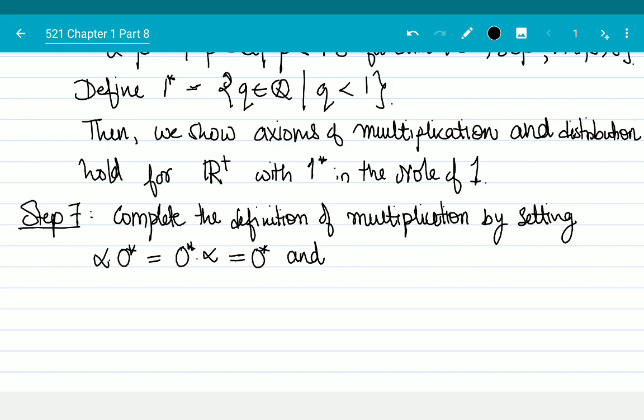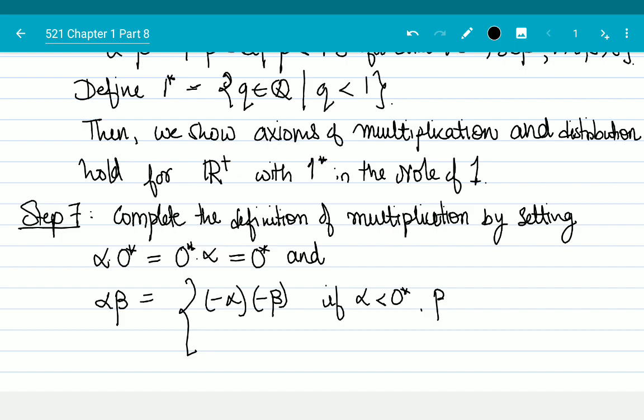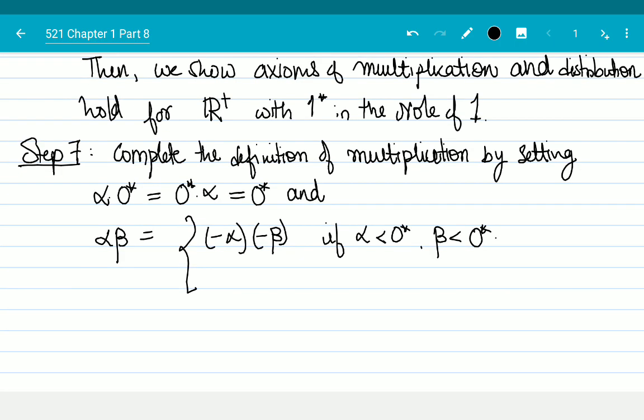that alpha beta is equal to one of these three things: minus alpha times minus beta if alpha is smaller than 0 star and beta is smaller than 0 star, minus alpha times beta if alpha is smaller than 0 star and beta greater than 0 star, or